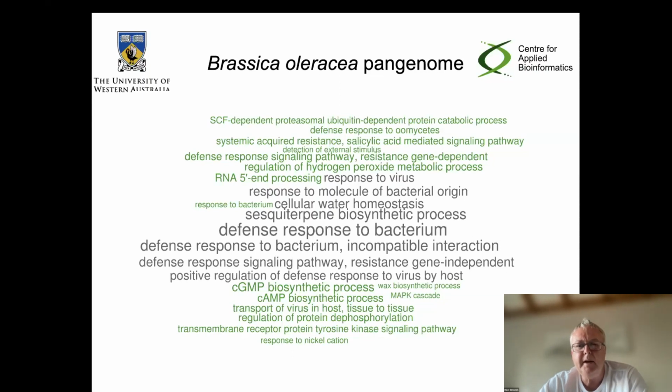We had a bit of a hint a few years before this because we were searching for a few disease resistance genes in Brassica napus, and we knew where they should be. We were seeing presence-absence variation there on a very small scale. To see it on a genome-wide scale was really quite phenomenal. Now, many pangenomes have been made since this Brassica oleracea pangenome, and almost all of them show very similar patterns of disease resistance genes and genes for abiotic stress showing presence-absence